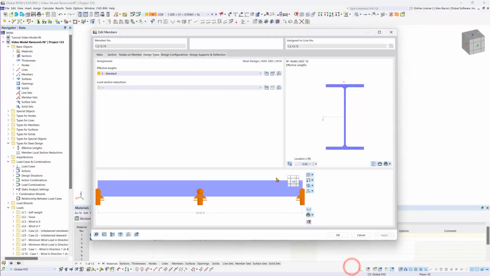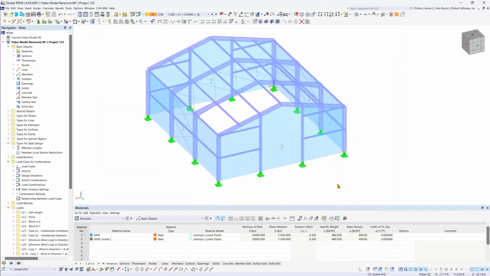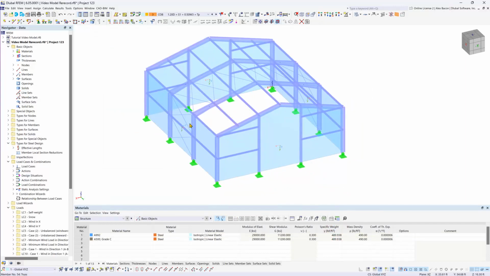And we can click OK and click OK again and leave the rest of the tabs set to default. Now that we have assigned all of the desired steel design properties, we can move on to the design in the next video. And that's when we will dive into entering the input data necessary to run the design